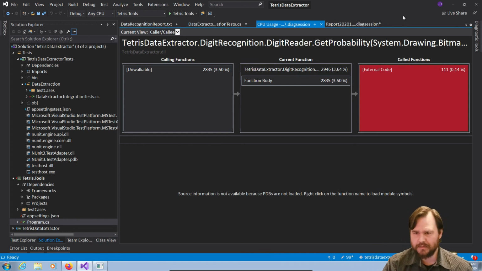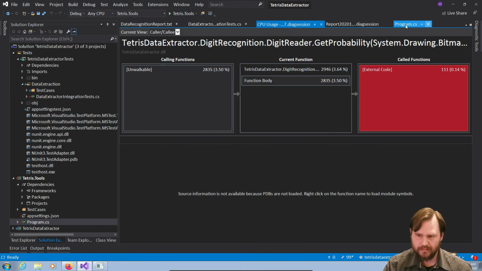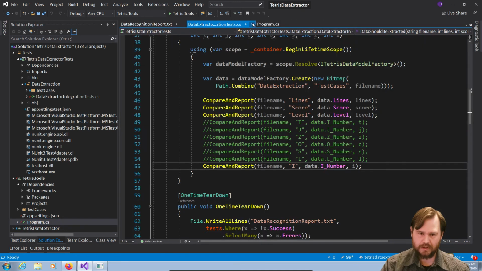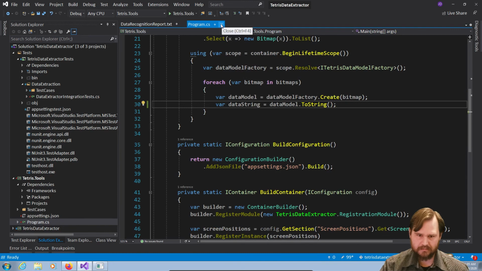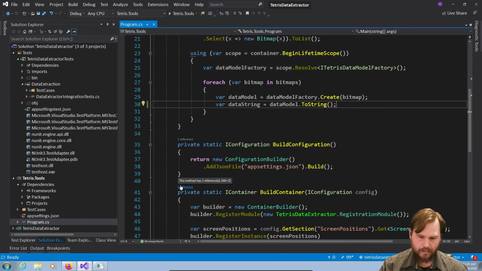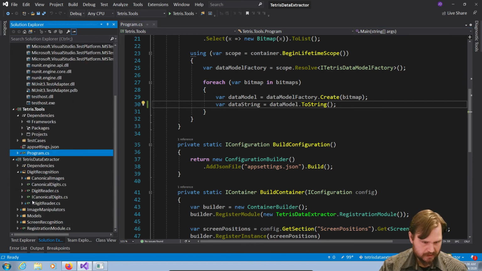Okay, well, that was going to be a super exciting thing, but it's not anymore. Okay, what we're going to do, though, is I do have one more thing I want to try and fix. That was disappointing. I guess I need some lessons on how to use that profiler. All right. One more thing that we're going to try and do to speed this up